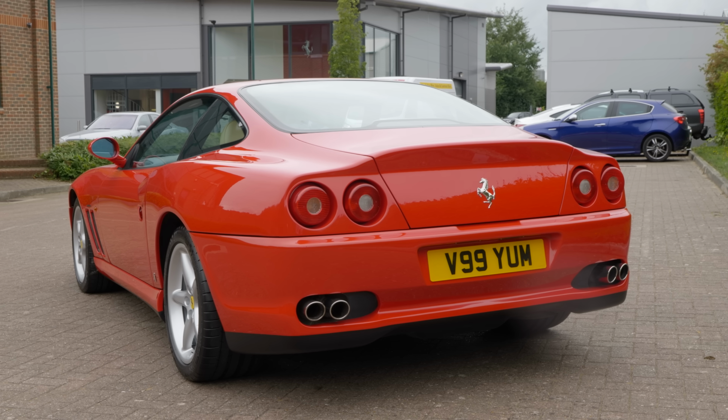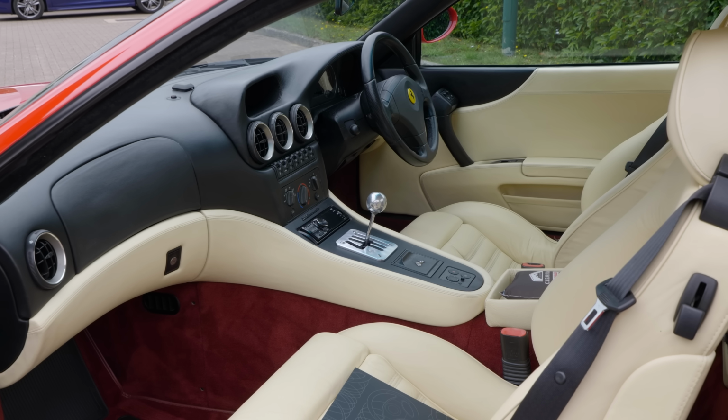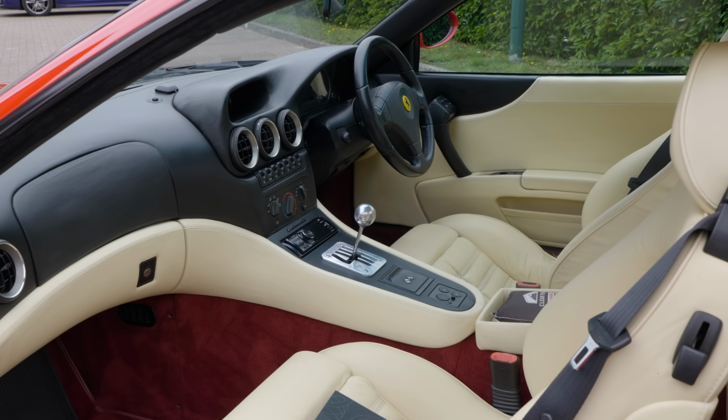I've never ever been to the Ferrari factory, and to be able to do so in my own Ferrari is a dream come true. There's no other way of putting it. That is a really, really emotional thing to even think about. And so when I do it, I am probably going to be a bit of a wreck, but I'm sure it'll be worth it. Unfortunately, while the car was in for the Classic A inspection, we noticed a couple of